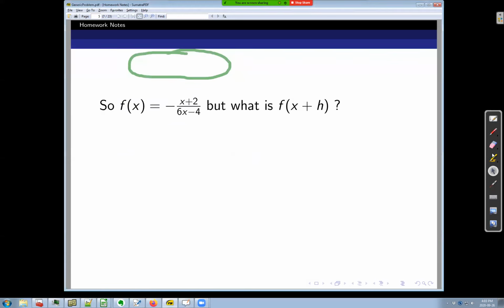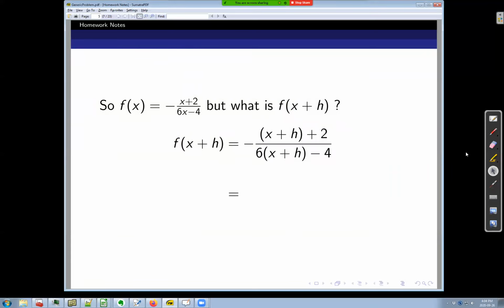So we know what f of x is. This is the simplified version of f of x. But we also need to know what f of x plus h is. That was an important part of our numerator. This is a problem in function notation. If this is f of x, then f of x plus h is going to be the same as